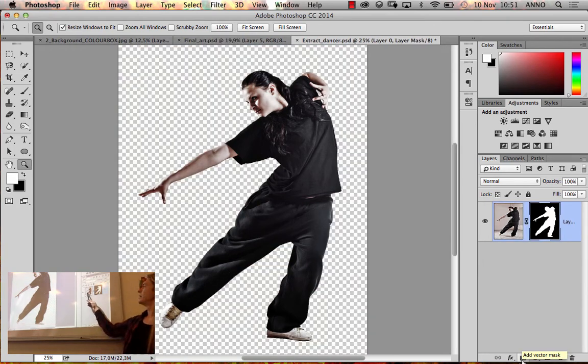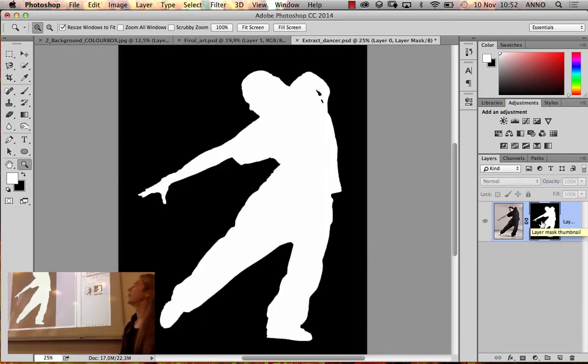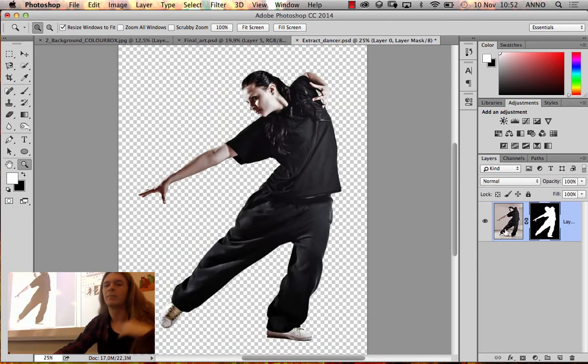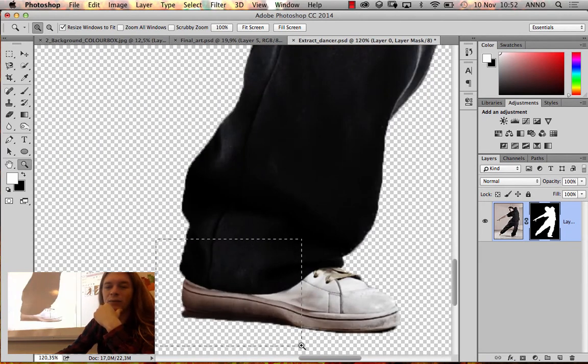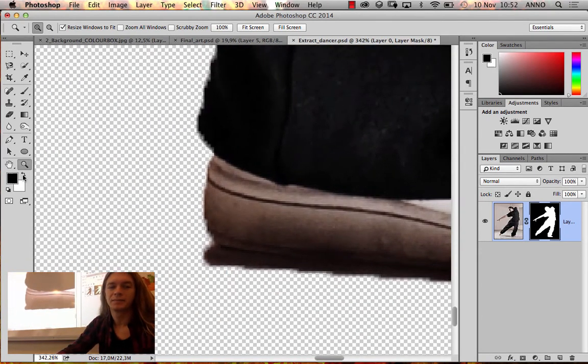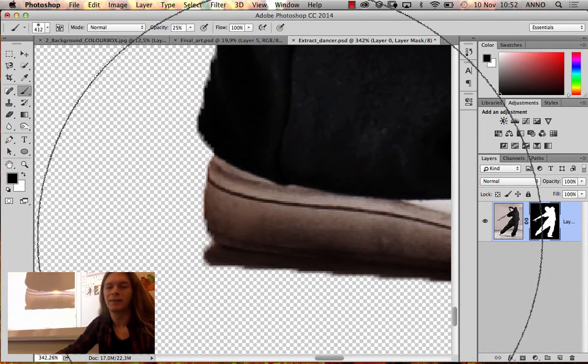and that will suddenly make a black and white mask, which is actually the same kind of mask you're used to working with. You can alt click on any type of mask and you'll see it in black and white. And you can draw on top of that mask with black and white or shades of gray. I'm just gonna alt click on the mask again so we see the original picture extracted, and you can see that by painting with black,